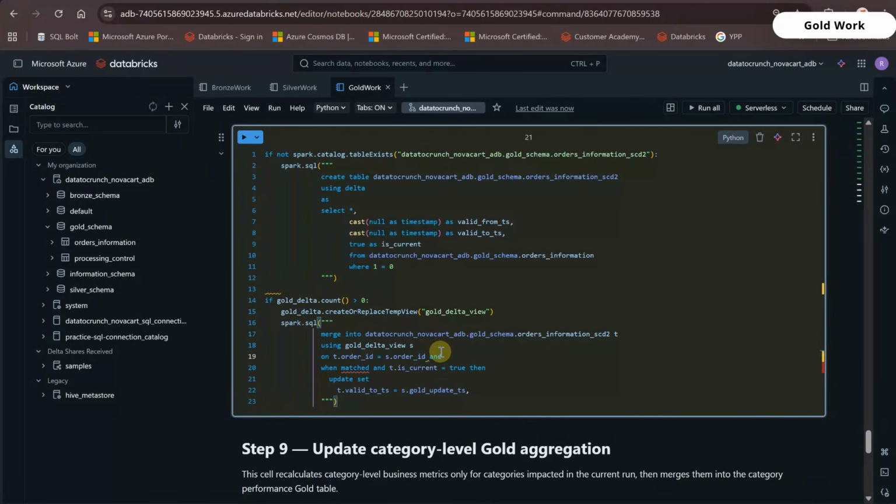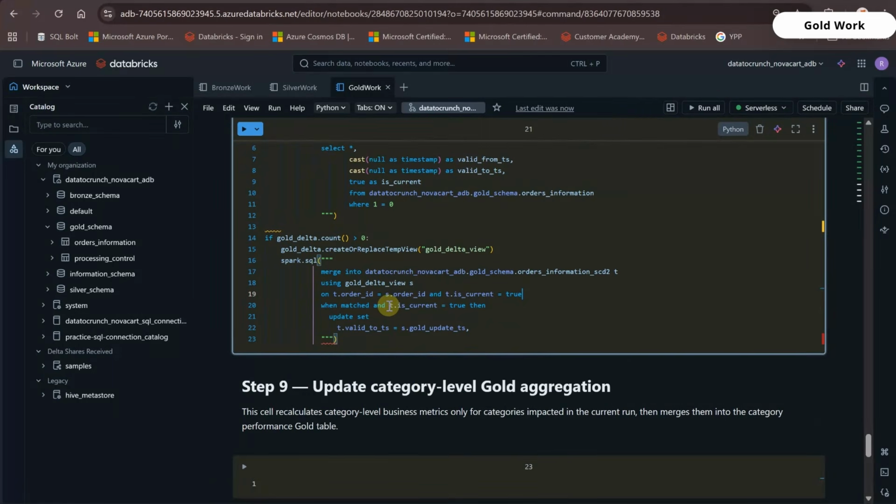And we will have one more condition, and target is current flag needs to be true, okay? So when matched, and